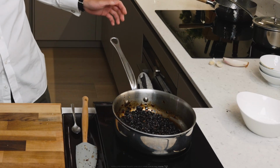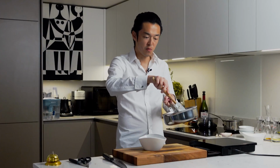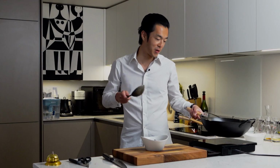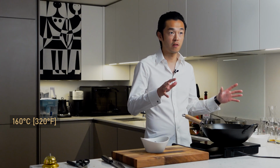Now, the black bean sauce has had about 20 minutes and they've taken on this wonderful texture, barely holding their shapes. And that's when we know it's good to go. They come out. And now, let's cook the fish. We bring out the big boy. I mean, it has wok-fried in its name, so we kind of have to. We add a very generous amount of oil to our wok and we bring it to about 160 degrees Celsius